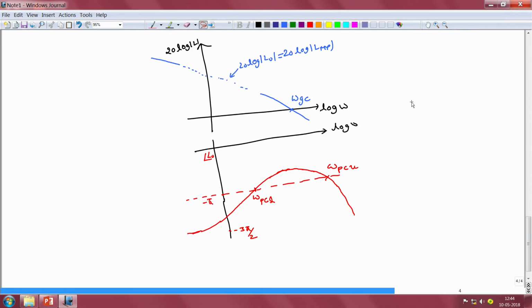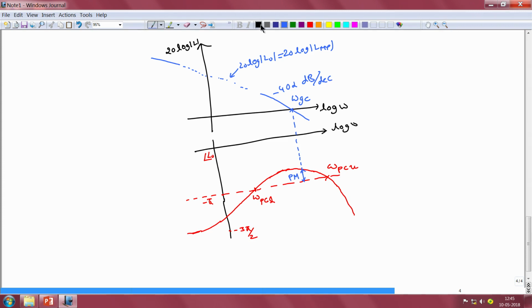So, let us return to the Bode plot that we had just drawn, for which case our closed loop system was stable. So, we have the gain crossover frequency between omega PC lower and omega PC upper, assuming that both these phase crossover frequencies exist. So, let us assume that the slope of the magnitude characteristic near the gain crossover frequency is -40 alpha dB per decade. So, let us assume that we want a certain phase margin for our open loop system. So, let us assume that we have achieved that phase margin in this particular case. So, we have the phase margin PM that we want.